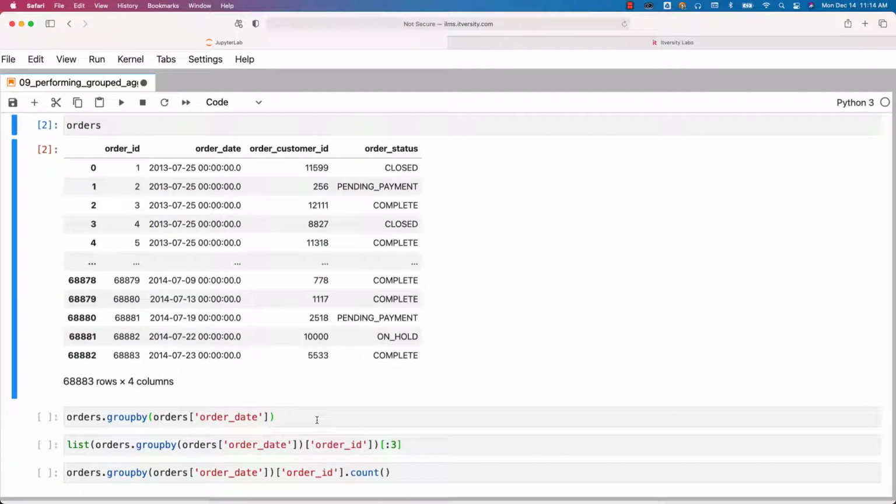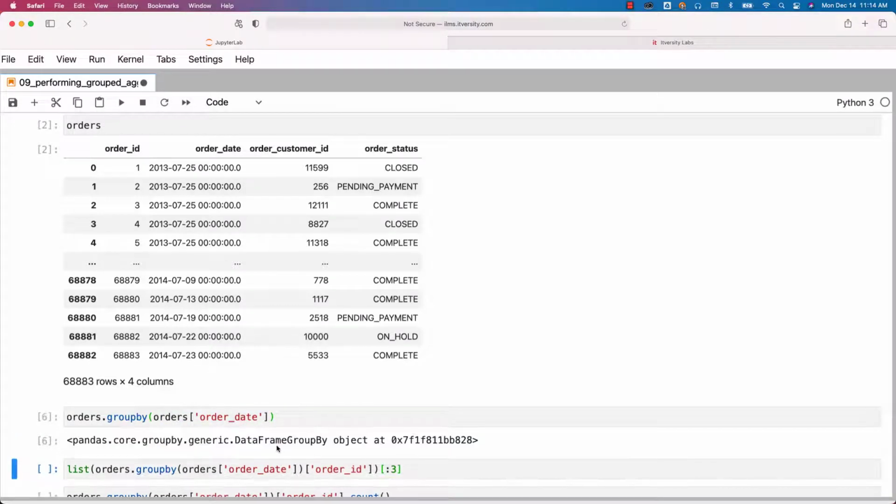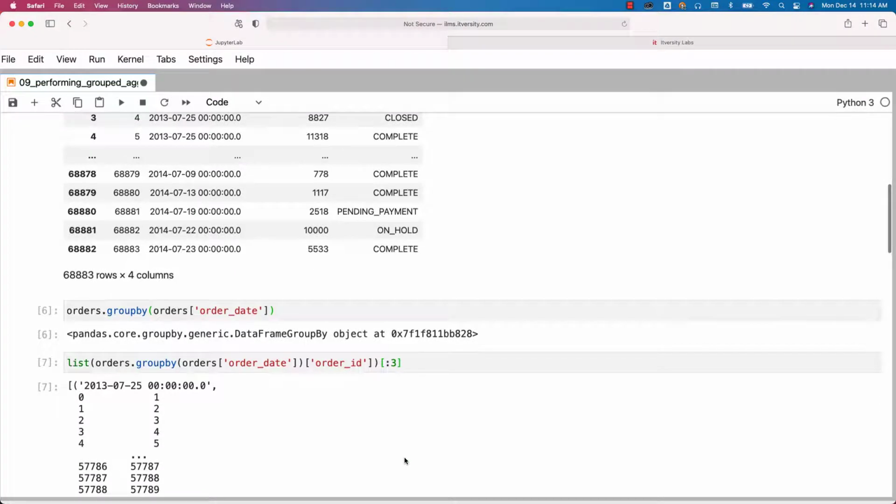So to get the number of orders per day, we have to use this as key and we have to get the count. Let's understand what happens when you use group by and pass the date to it. It will actually create a special type of object called a data frame group by object. If you want to review the data, it's better to convert it to a list. And here I just wanted to access the first three elements from this list, that's why I'm specifying colon 3 like this. If I run this, you should be able to see the first three records from this list.